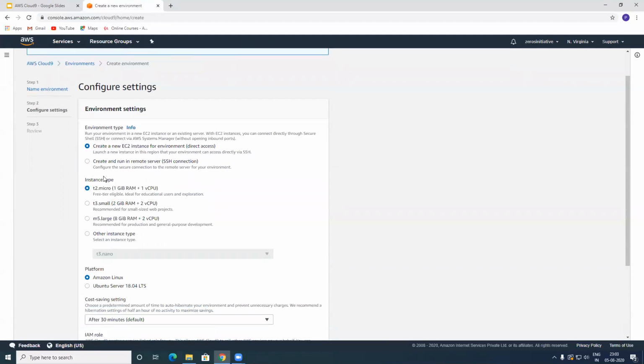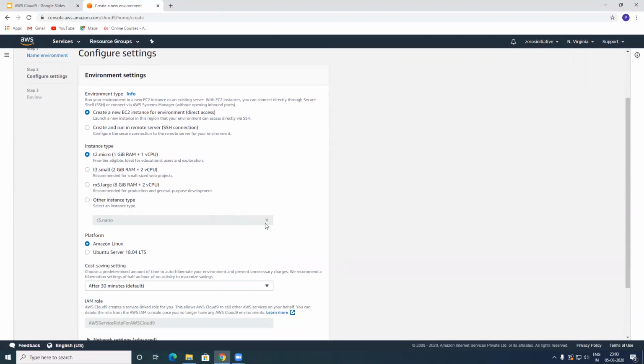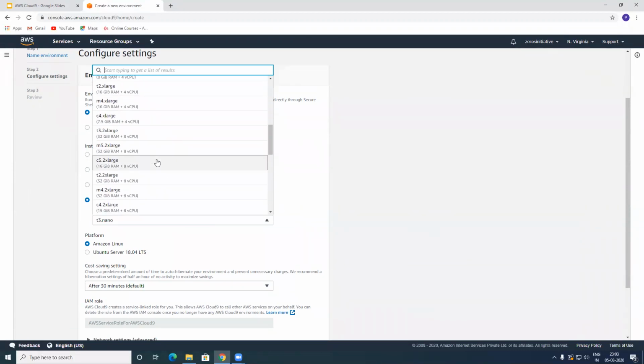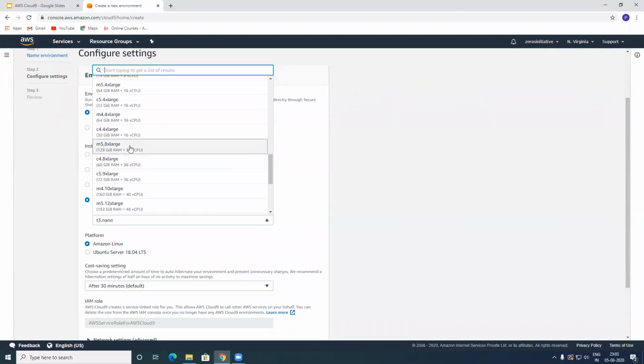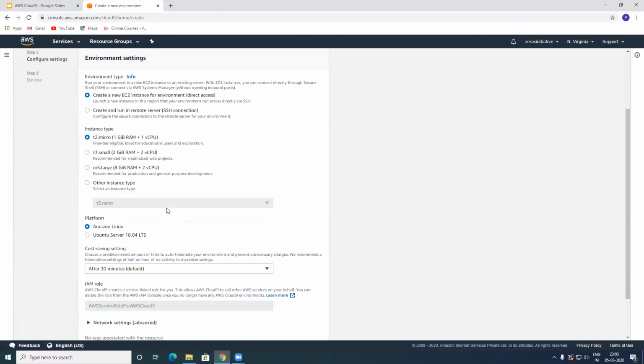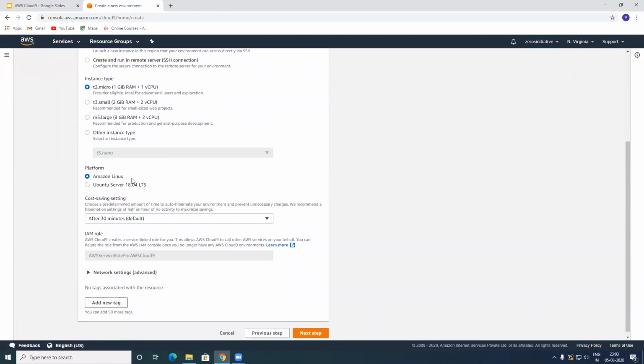And the instance type that I'm going to go with right now is under the free tier eligible criteria. So I'm going to go with T2 micro and later destroy this instance. But if you would like to go with a more powerful instance, you can always go ahead and choose M5 large, but then you can choose other instance types and go all the way up to really big instances like M5 8x large or 12x large and so on, which come with a lot of computing capacity. But for right now under the free tier, we are going to go with T2 micro. The platform that we are going to choose is Amazon Linux, but it also supports Ubuntu 18.04.